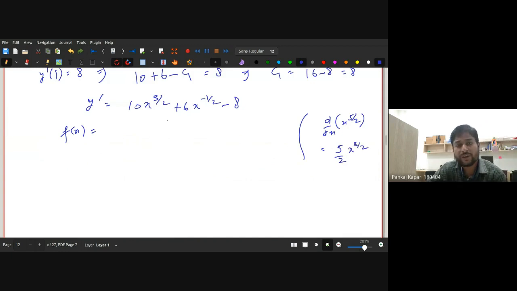But we have the factor of 10 here. So we also need this factor of 10. We have to multiply this thing by some number so that we get this factor. So how do we get this factor? If you multiply by 4, then we'll have here also the multiply by 4, and then you will have a factor of 10. So consider this thing, 4 times x to the power 5 by 2 plus, again,